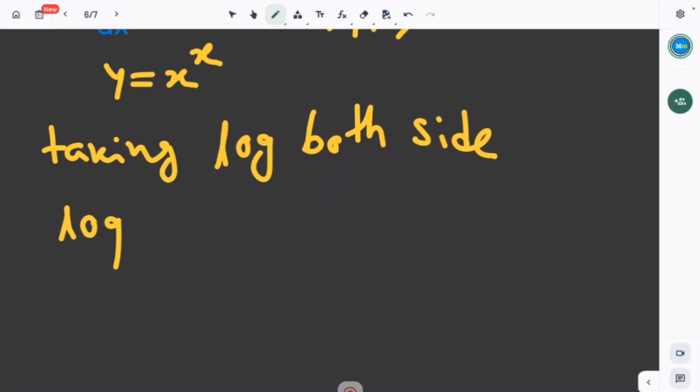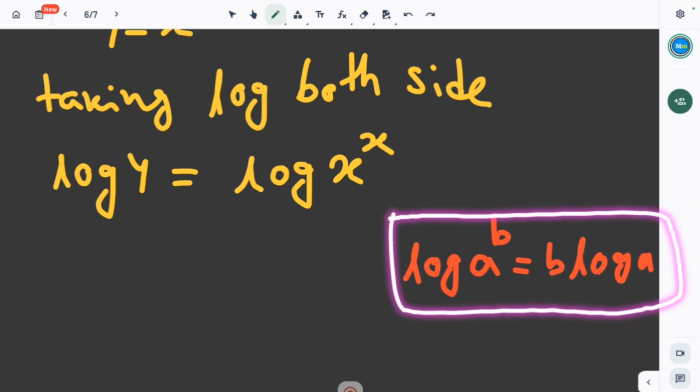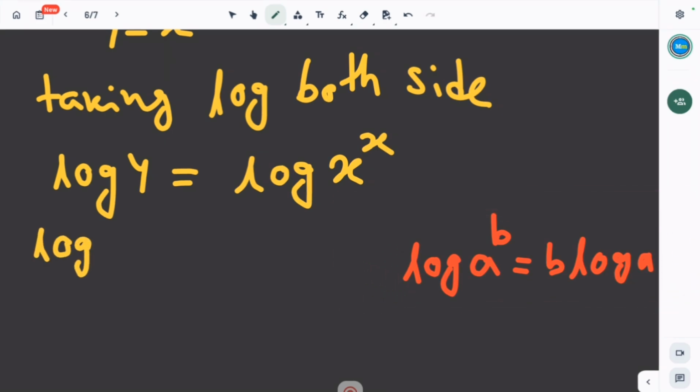log y equals log x to the power x. Okay, so there is a formula: log a to the power b equals b log a. From this formula we can write that log y equals x log x. Now,